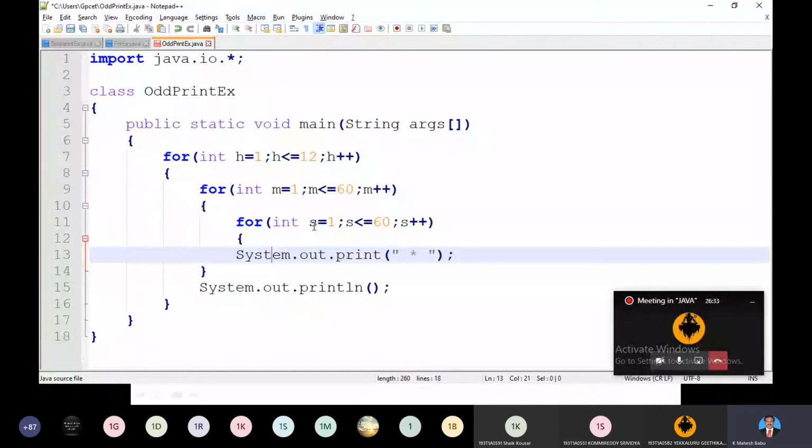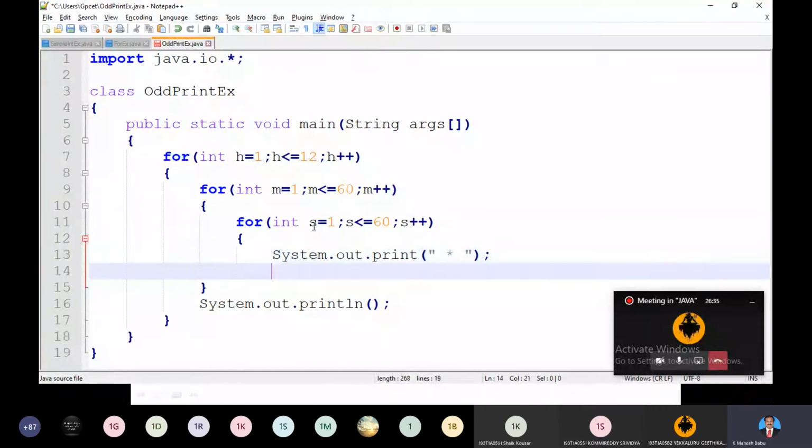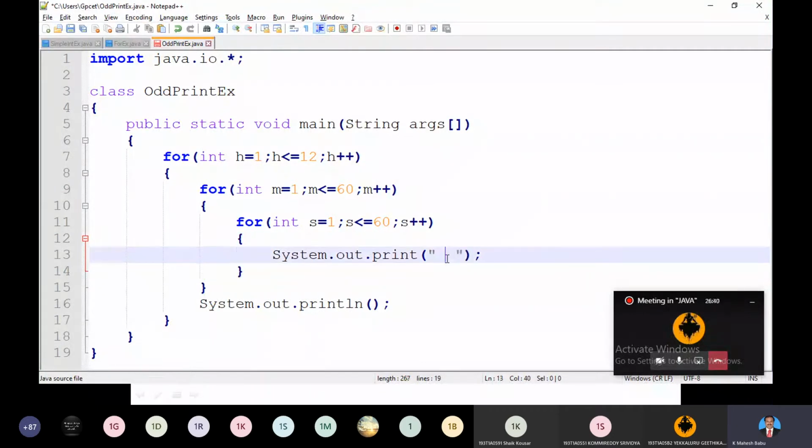And this I am going to print on the screen, say for example, right? So here I am printing. For example, I can print like this: h, minutes, next seconds, right?